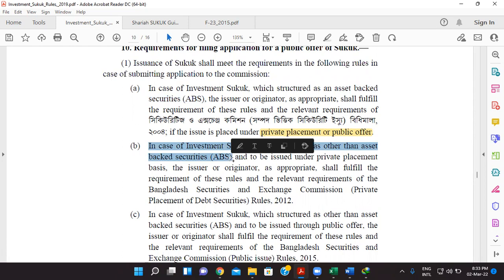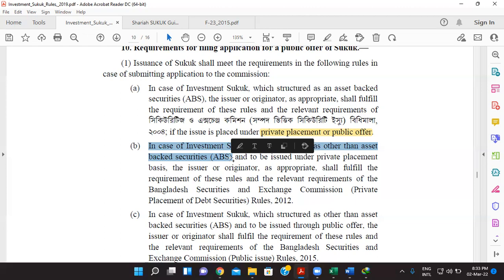So when it is asset-based securities, the investor is solely relying on the creditworthiness of the issuer, and the investor is not getting the proportionate ownership in the underlying asset because there is no underlying asset, but the investor has proportionate ownership in the underlying financial structure,